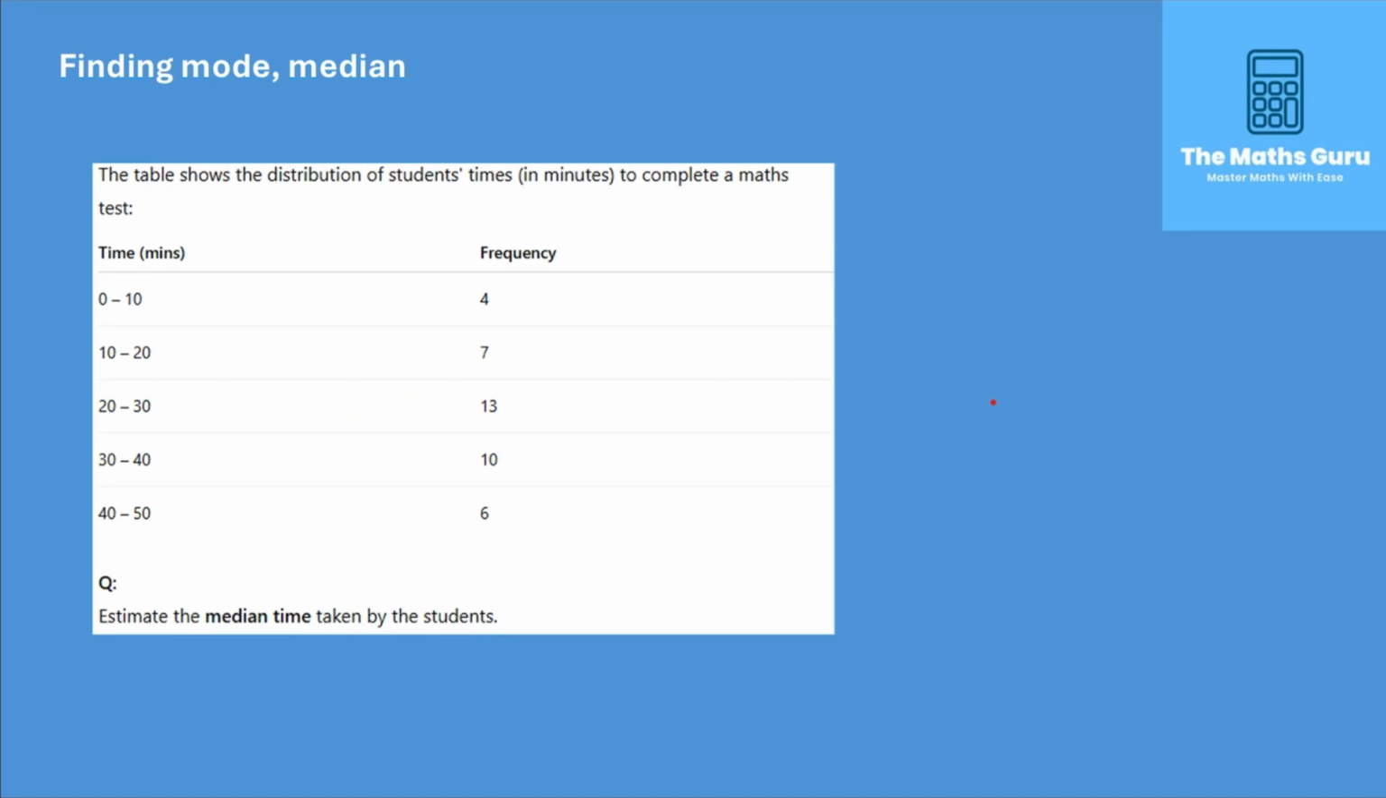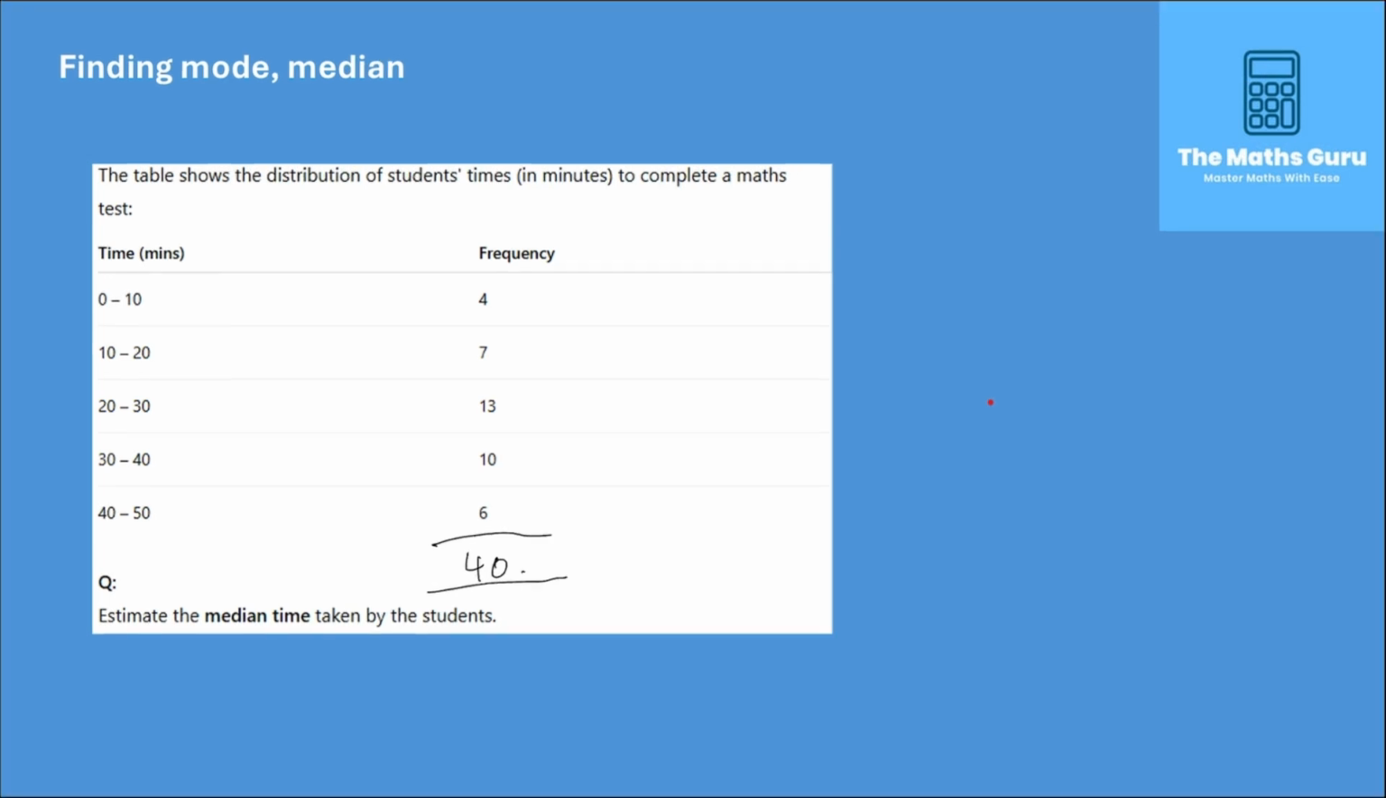And obviously, in this case, the data is grouped, so it's going to be hard to find the median. So the first thing we do is we add up all of these frequencies and get 4 plus 7 plus 13 plus 10 plus 6 and get 40. Okay, now that we have our total frequency, which we worked out to be 40,